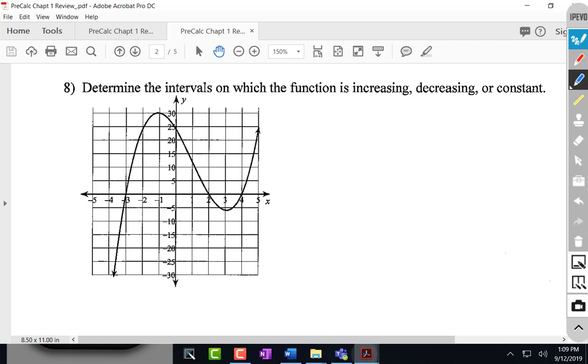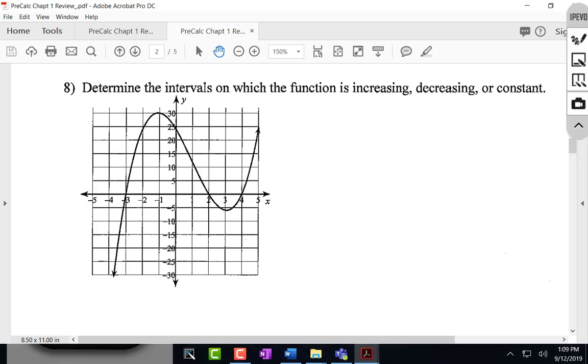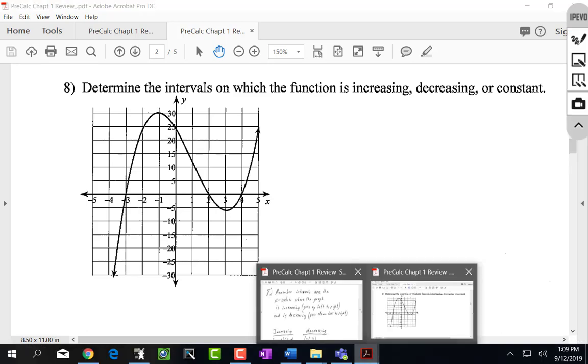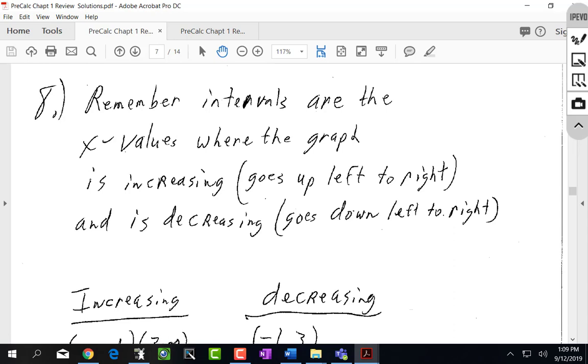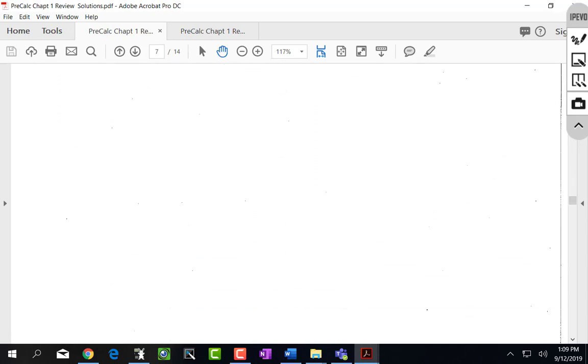Okay, going back to our solution guide, let's take a look at this next problem. I just go ahead and write all this down to show you where it's increasing and decreasing. So on number 9